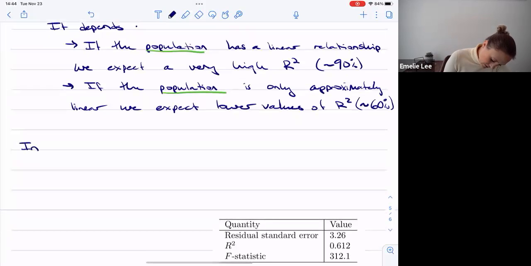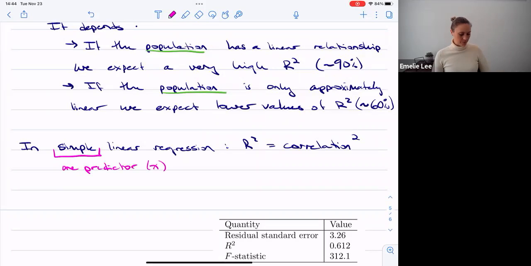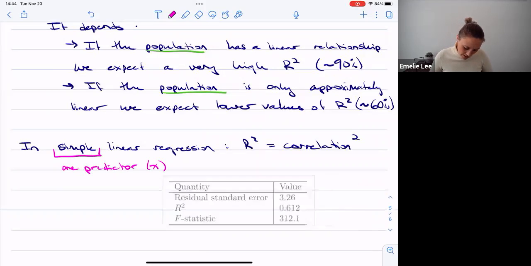Okay, so in simple linear regression, the R squared value is the correlation squared. It only works for one predictor, so only if you have one X, one predictor or X value. Okay. So for example, here,